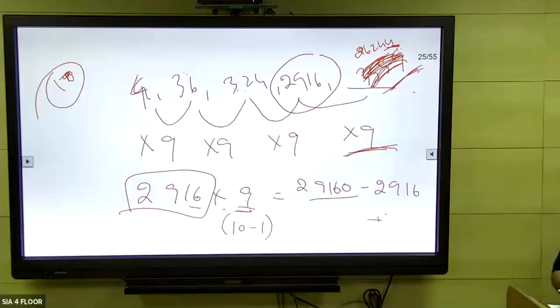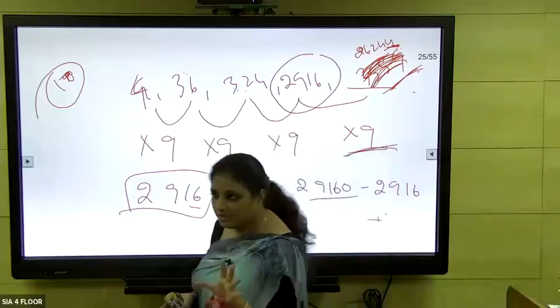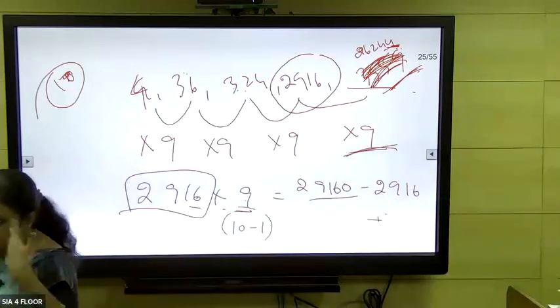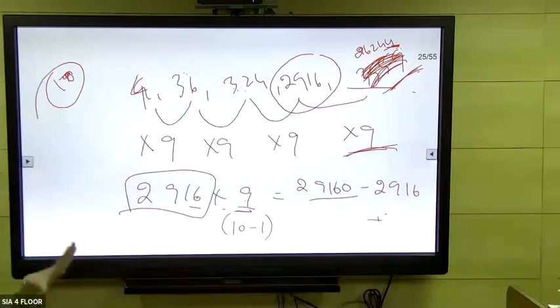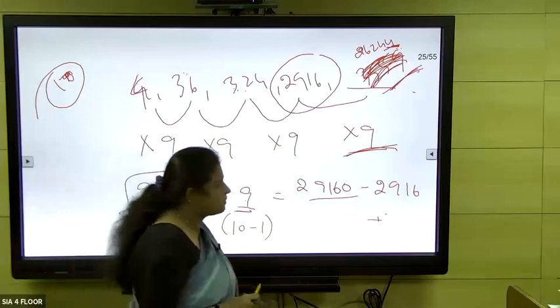Okay, give me the answer for the 11th one. That is also a case of multiplication, but I told you that there are two varieties of multiplication. One is simply multiplying. This is what it means. It's a direct multiplication because every number is the exact multiple of the previous number. But the second case is slightly different. There also we use multiplication only because the increase is not gradual. Okay, it's fast.